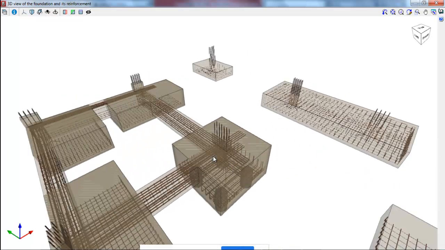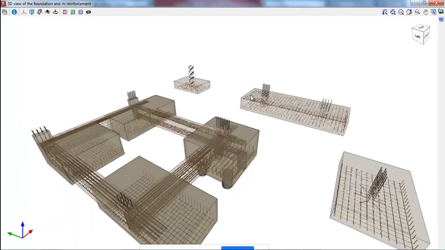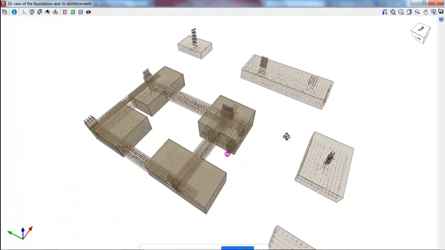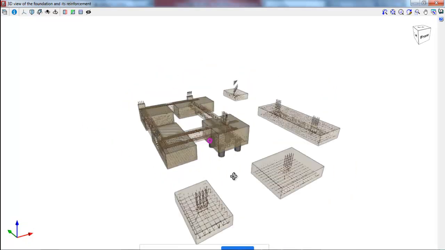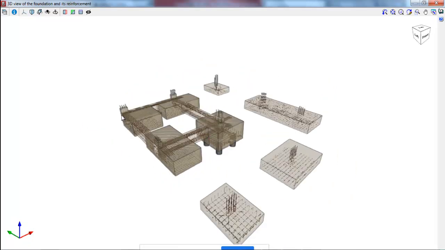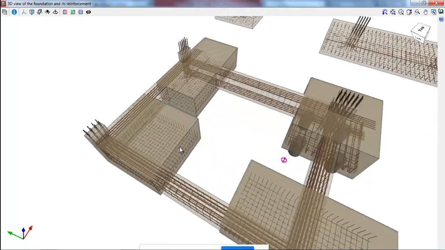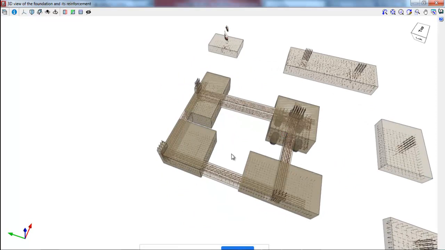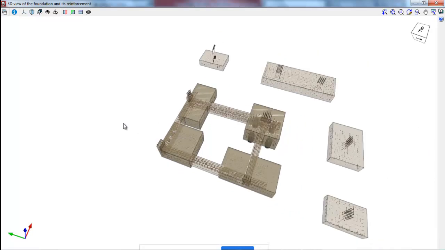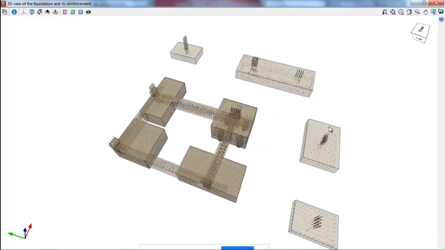Okay, this is a pile cap, this is strap beam, this is eccentric footing, this is combined footing, normal single foundation. There are various types of footings I have just shown you. Okay, now the eccentric footing is very important nowadays. Many people are using this because of a restriction in the plot boundary line. Okay, you can see this. This is the boundary line restriction and the footing cannot go outside. So this way you can use the eccentric footing. Okay, so hope you are able to understand.